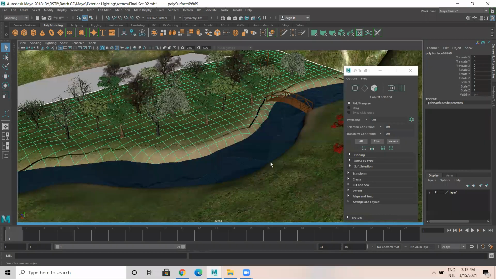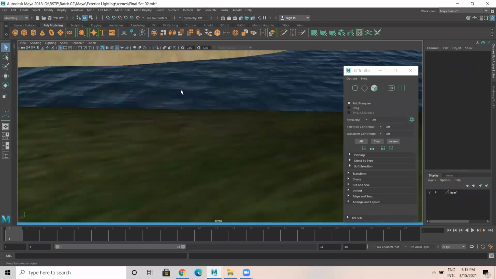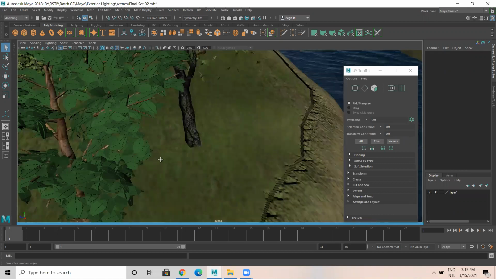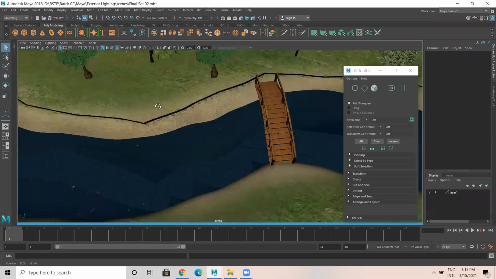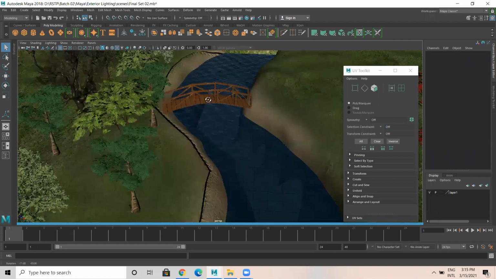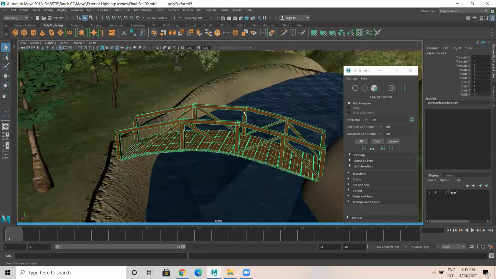So that's the reason you get to see something like this. Okay, see, the part is like this. Apart from that, we have an edge also like this. And there's a bridge model also here.